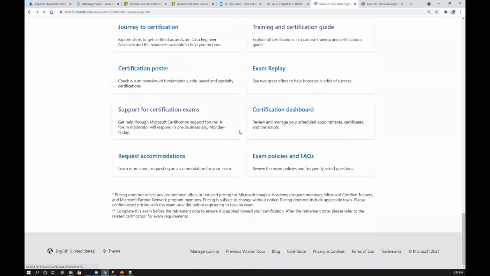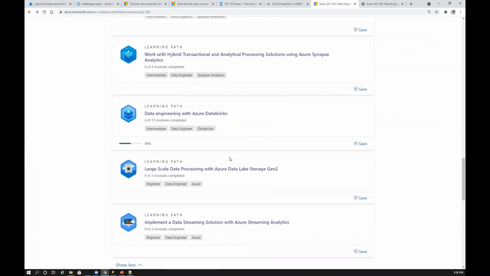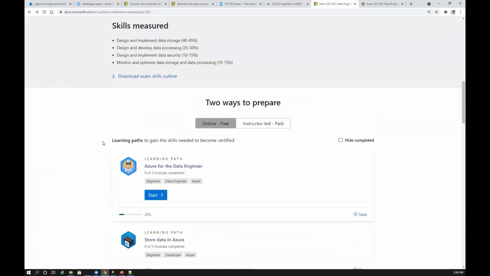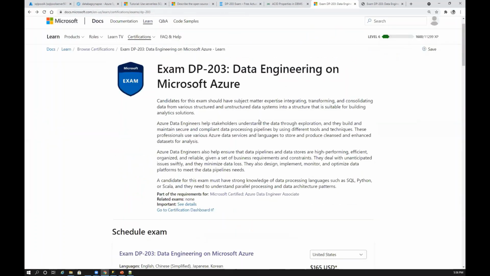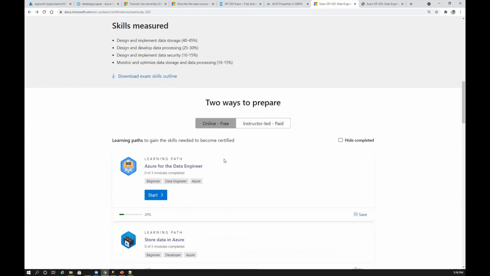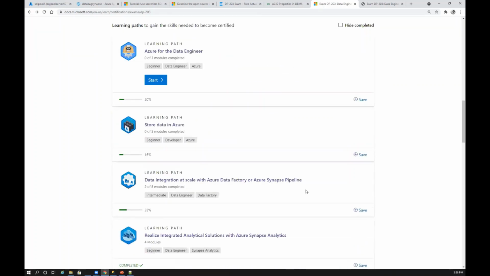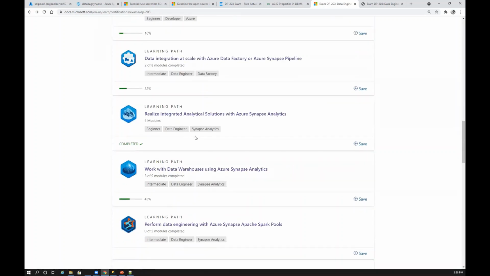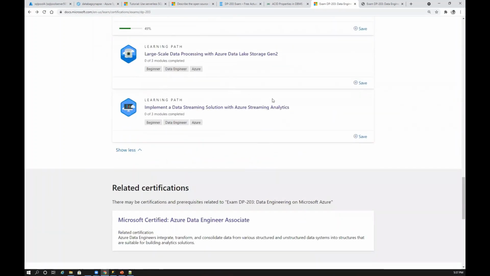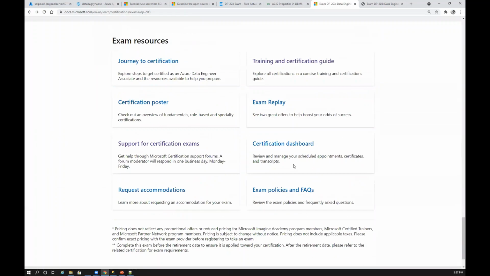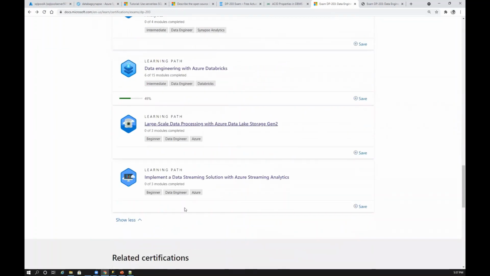If you have noticed, you don't have HDInsight in the list, because this is the official documentation used as the learning path to gain the certification. That is what I was talking about. HDInsight was the initial big data solution they added for Azure, but now it is outdated. No more people are using HDInsight. People want to use Databricks. People want to use Synapse. That is where Microsoft is leading and moving towards. So that is the reason I haven't really spent more time on HDInsight. Like I said, I'll send you that demo, but you don't really have to think much about HDInsight. Just try to understand what it is and what the different components are, but you don't have that in the official syllabus document.